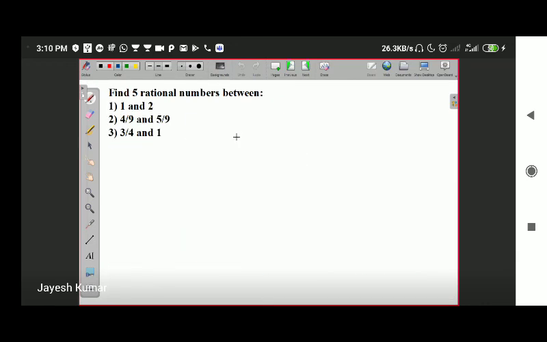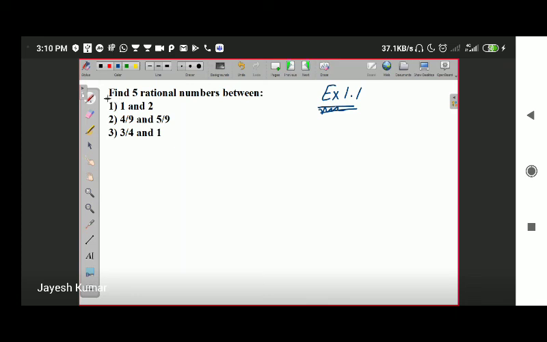Next we are moving on to the exercise, that is exercise 1.1. Based on exercise 1.1, I've taken three questions. You have to solve the questions in exercise 1.1. I'm just discussing three parts. These are from outside your book, and the questions in your NCERT are based on these questions as well. Your homework will be to complete exercise 1.1.